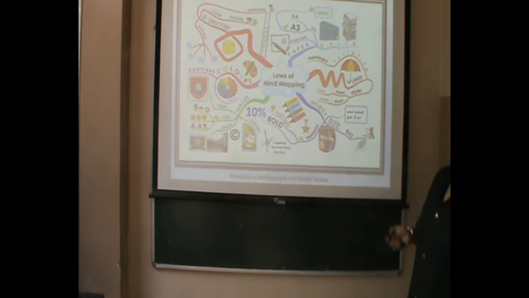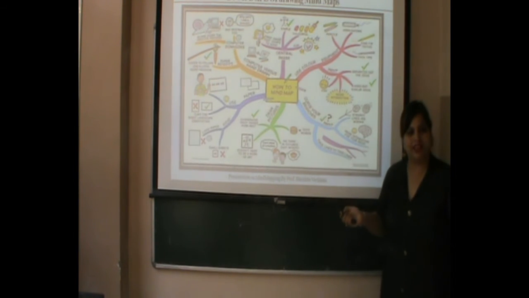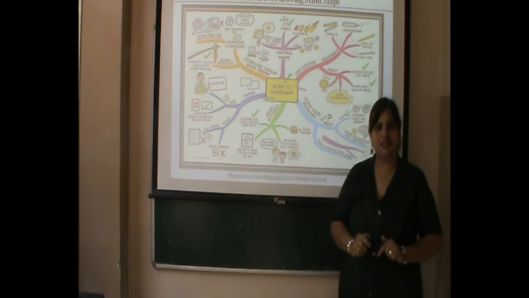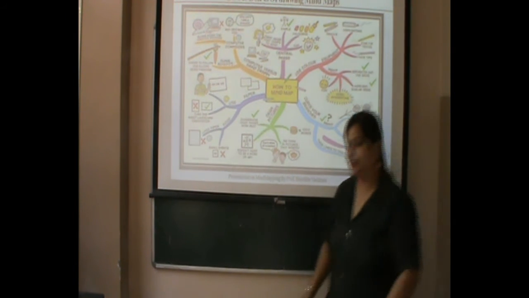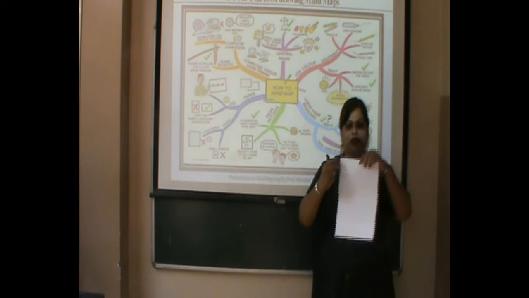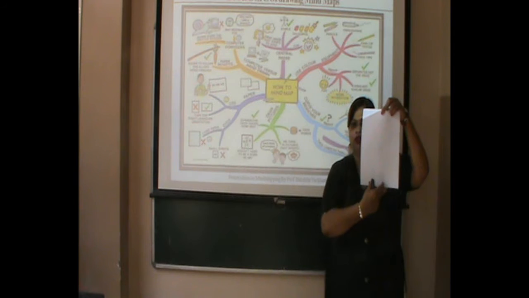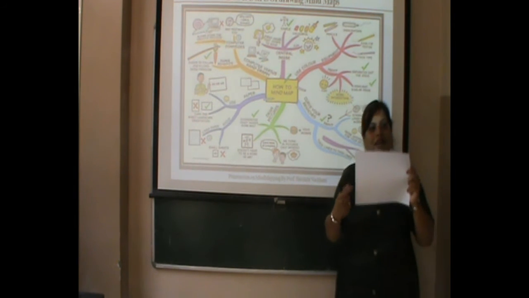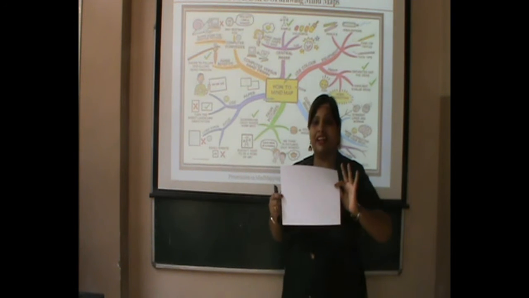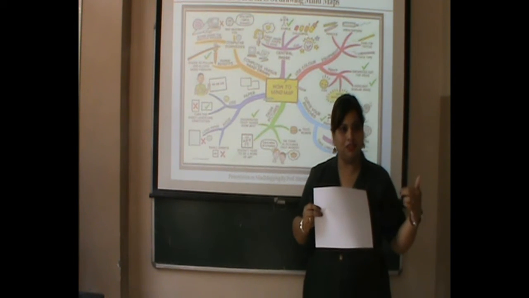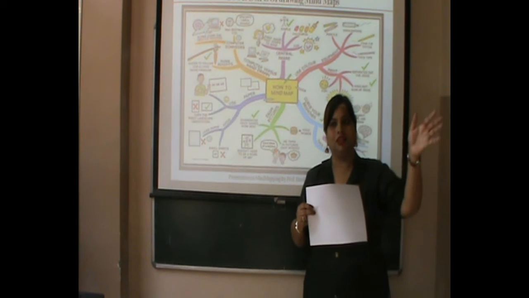Now, there are some do's and don'ts of mind map. Whenever you are drawing the mind map, you have to take the landscape paper only. Compulsory, you cannot draw in the portrait side. You have to make your students do the paper. This is the portrait. You have to draw the mind maps in the landscape pattern, right? And you have to make use of various colors. For one branch, one color. Another branch, another color. For sub branches, another color.